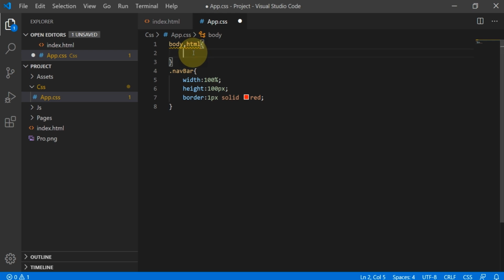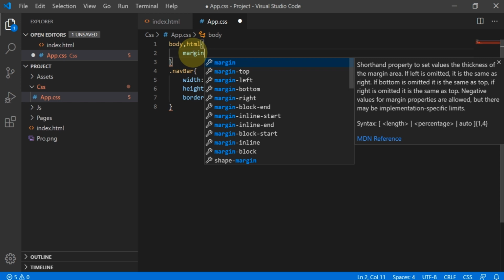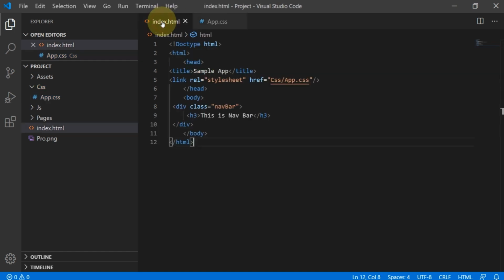Now I am giving margin, because that white space is coming outside of the element. Margin 0 pixel. Let's see if it's fixed. Yes, it's fixed. If you know the box model, then only you know the reason for the fix. That's why I told you about the box model concept.